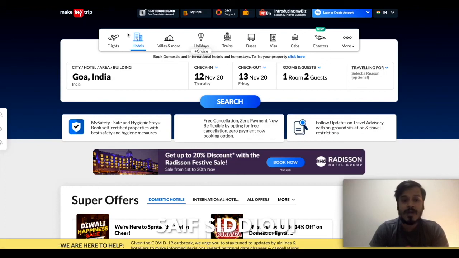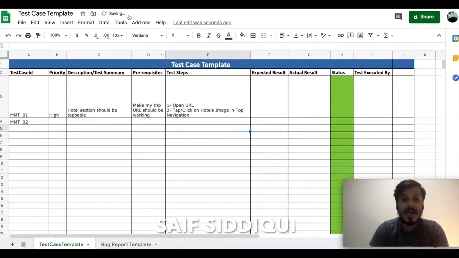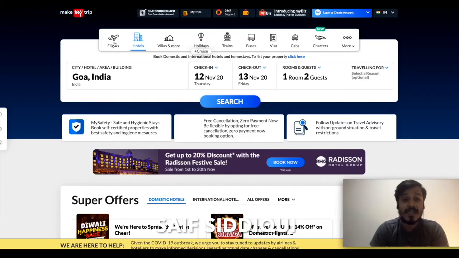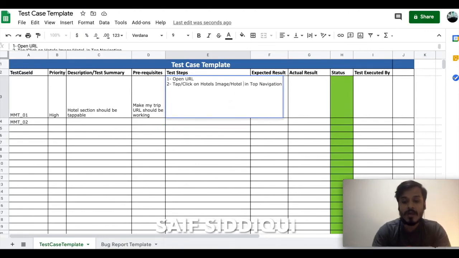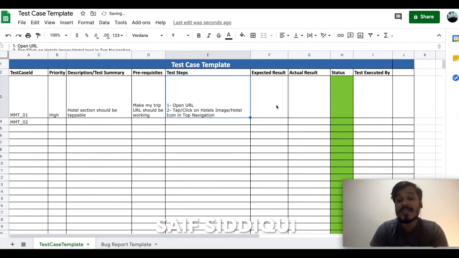Now, since I have tapped on hotels in top navigation, keep in mind I am considering this as an image. You can also consider it as an icon or maybe as a single tab. It depends on how the website has been designed. So maybe I can just write it as hotel icon. Now what is the expected result?